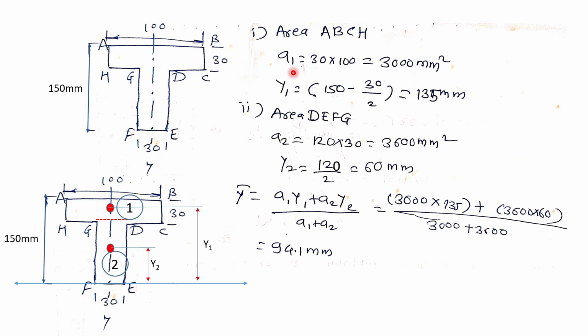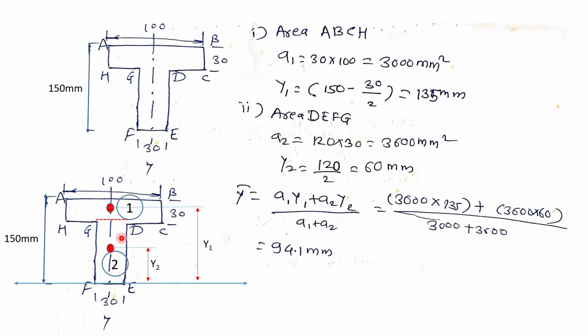So what we get here, A1 is the area of this particular flange, and that is a rectangle, that is 30 into 100. Similarly, the value of y1, now this is very important, students, how we are calculating y1. It is obvious that the T section is symmetrical about the y-axis, so we have to calculate the value of y bar only. Now y bar will be the summation of y1 bar and y2 bar in the formula in this way.